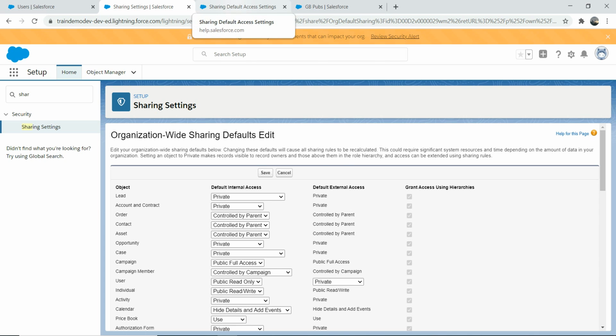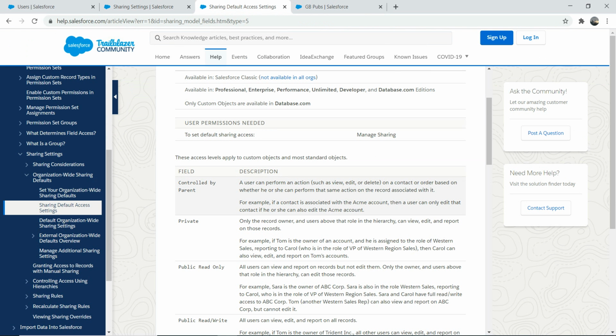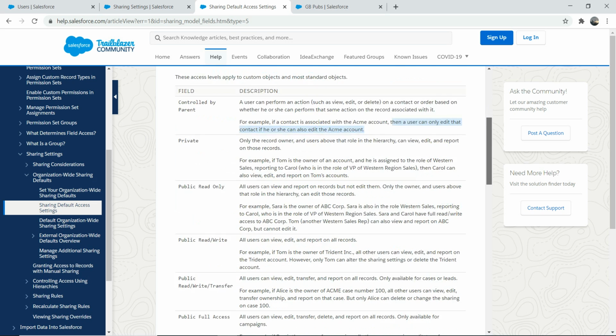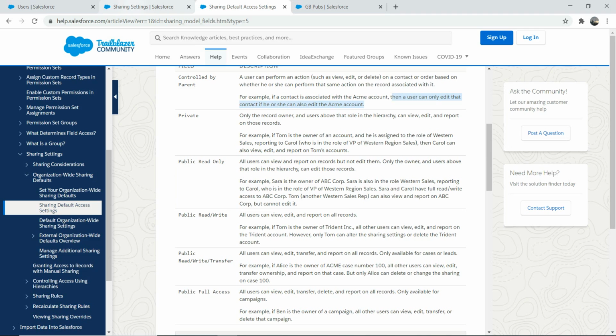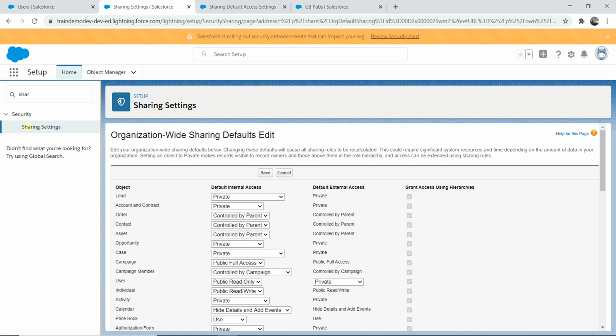So control by parent is very interesting. If you go here, see, a user can perform an action on a contact or order based on whether he or she can perform the same action on the parent record. Very simple, right? So you just see the example here, right? If a contact is associated with the Acme account, then a user can only edit that contact if he or she can also edit the Acme account. Very nice, a simple option, right? So I would highly encourage you to go and read this option. It's a very, very easy, very simple concept, right? So when you give public full access, it means everyone can read and write